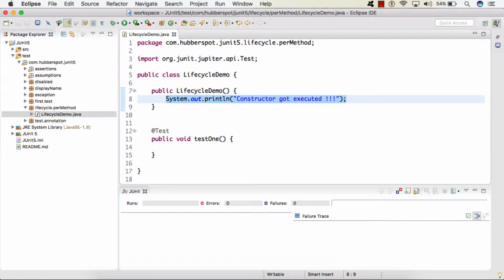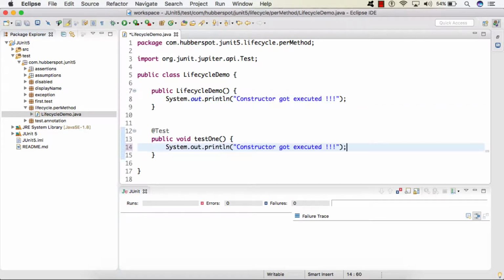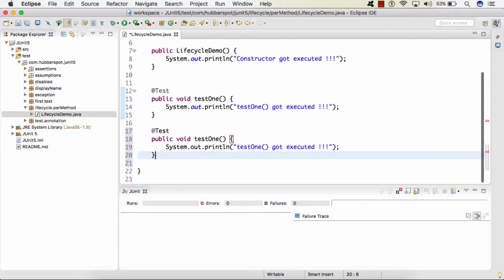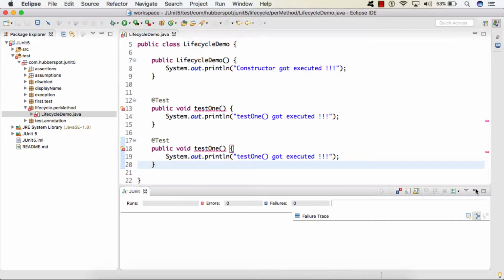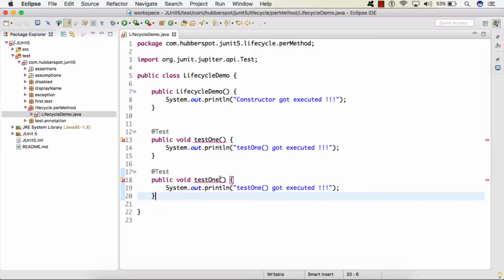In here I will provide a sysout as "test1 got executed". Similarly, I will create one more test. We'll give it the name test2, and we'll give it a sysout as "test2 got executed".